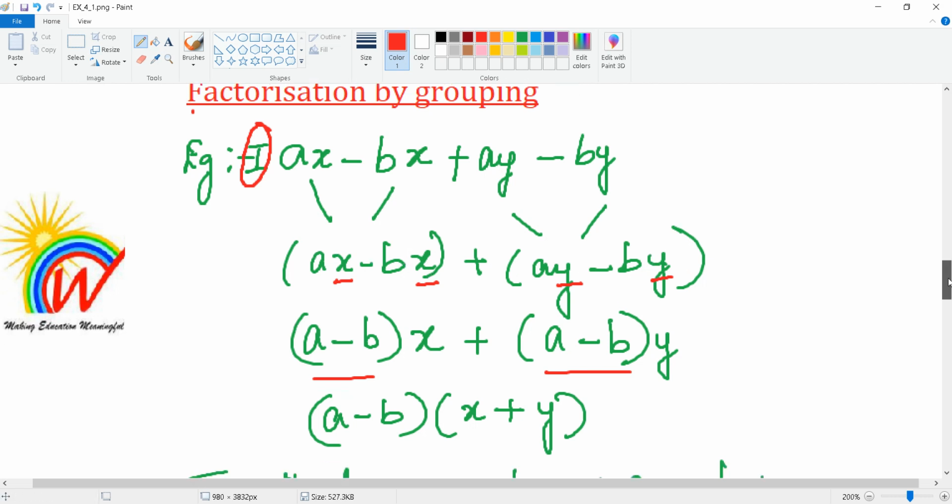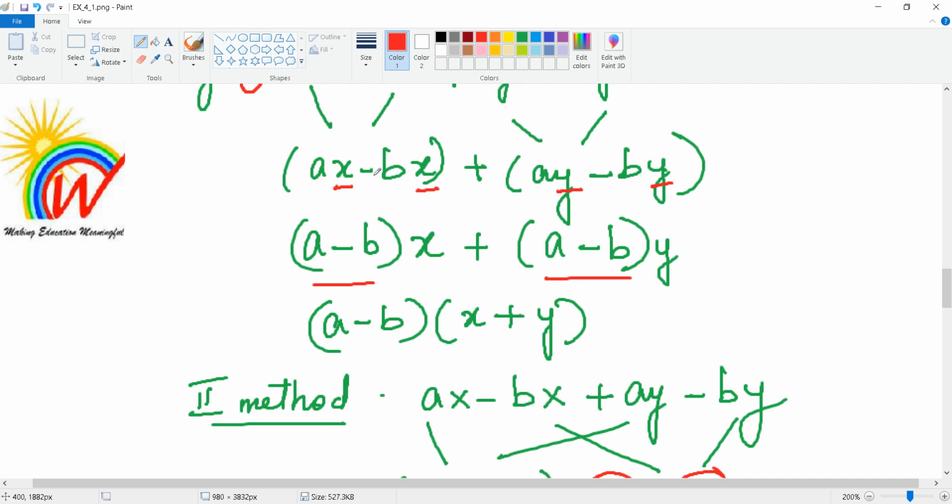Okay, so now here in this ax and bx, x is common, so I take out x. I can write the x here or here, it doesn't matter. Okay, I can write it in front or at the back. So now when I take out x, what am I left with? So here, from here, x is gone, so only a is left, so I write a. Now here the sign is minus, so I will write the minus sign over here. Okay, and then you have a b, so you write the b. Okay, from here x is gone, only b is there. Now again this symbol comes as it is.